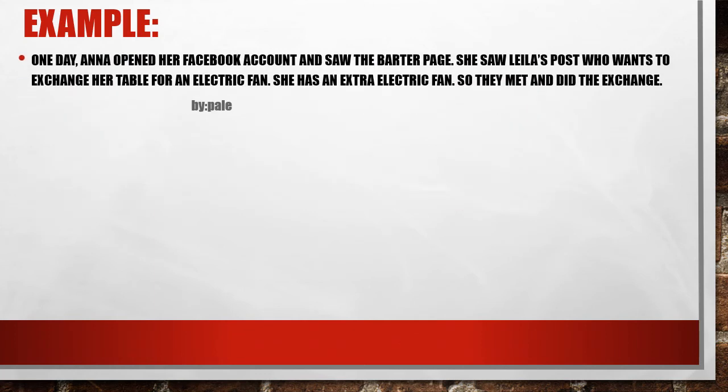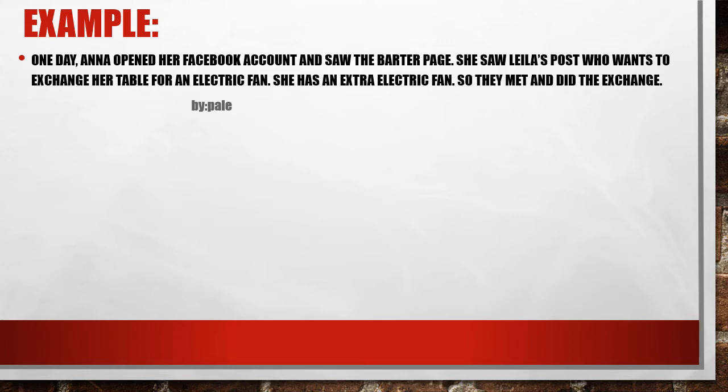So we have here an example. One day, Anna opened her Facebook account and saw the barter page. She saw Lila's post, who wants to exchange her table for an electric fan. It's common nowadays, barter. She has an extra electric fan, so they met and did the exchange. So my question is,